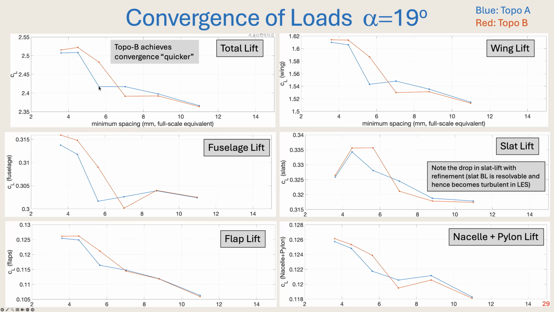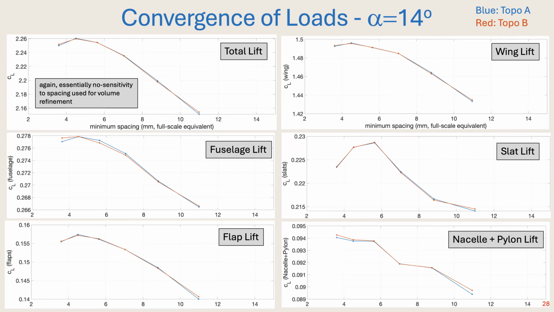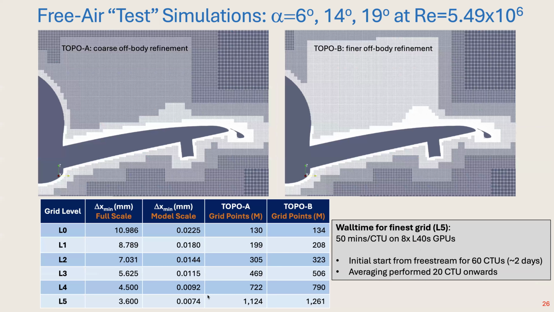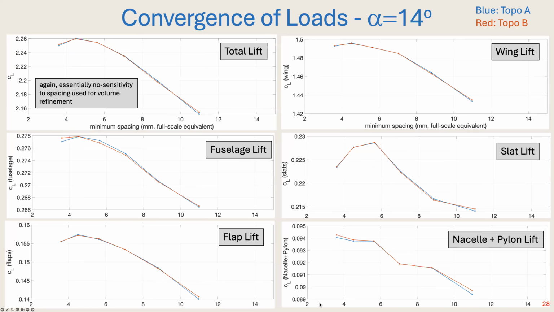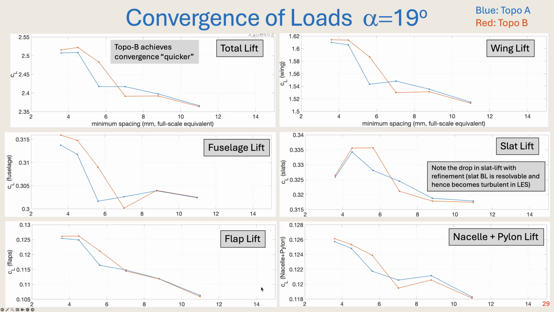Topology A is the High Lift Prediction Workshop 5 grid topology. And it doesn't really add a lot of grid points if you look at it, the difference is 1.1 billion versus 1.2 billion. So we decided to go with topology B, and also it shows,